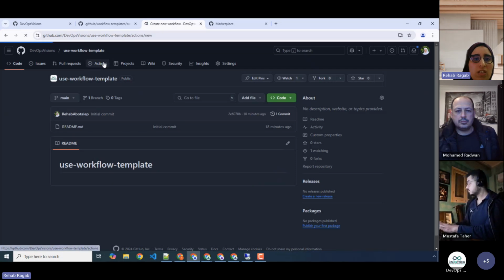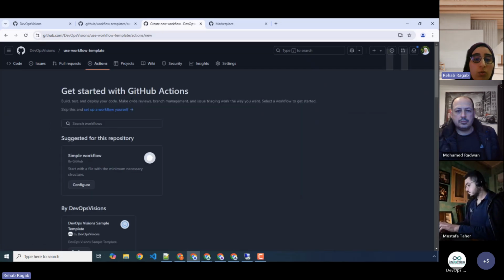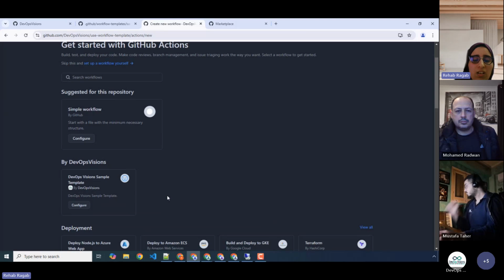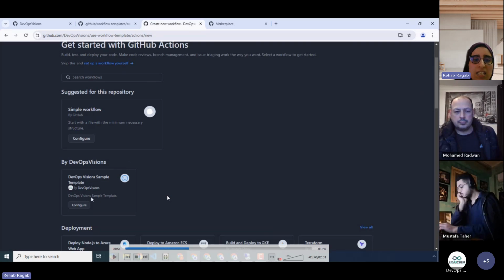Navigating to actions, I don't have any actions here. As I created a template workflow in a .github public repository under my organization, now I can see this template listed under by DevOps Visions, and this is the template.